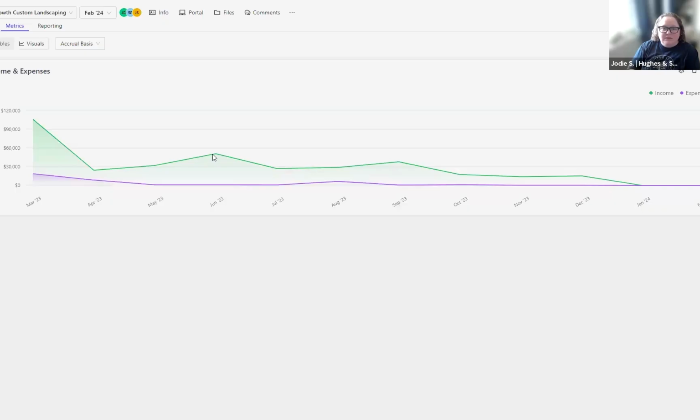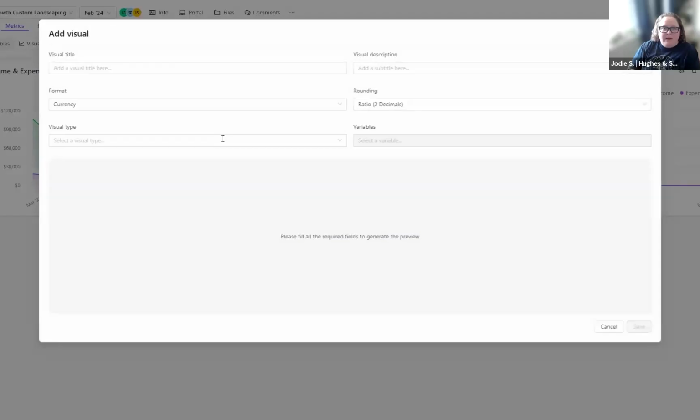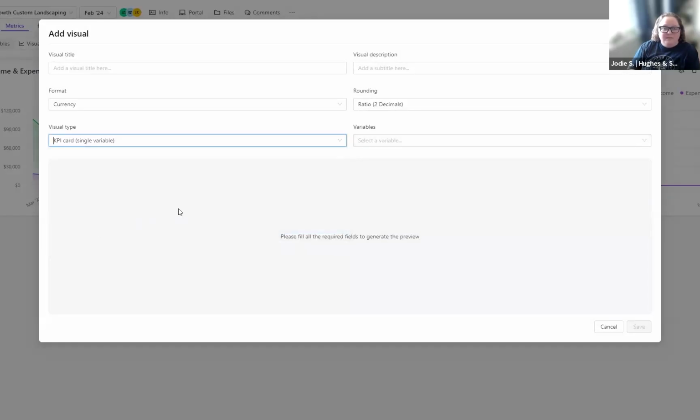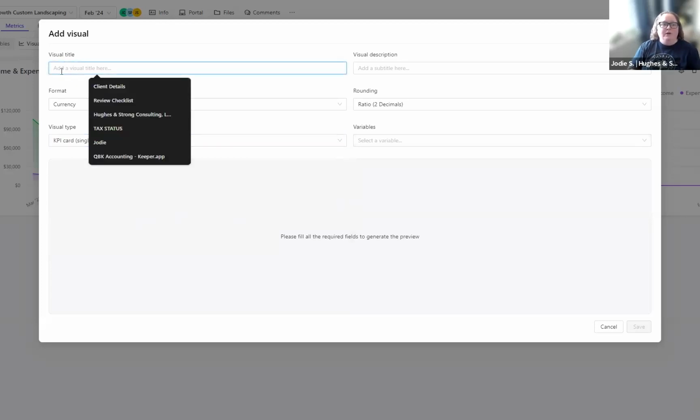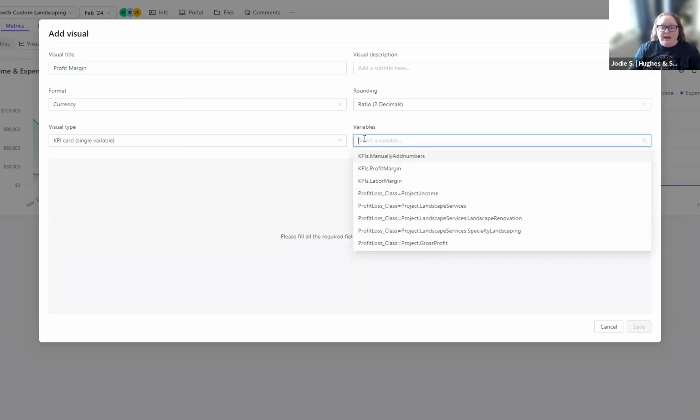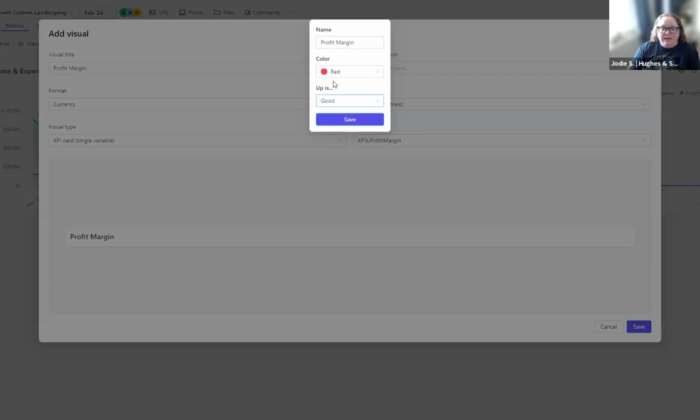So I'm going to cancel out of this and show you a single KPI card. Single variable, like the information that I had pulled earlier. So maybe I do profit margin. Then I come over here to my variables and find the one that I just created. You'll see at the top here, it shows that custom tab first. So the ones that you've already created, you don't have to hunt through. They're right here at the top. And I can click that